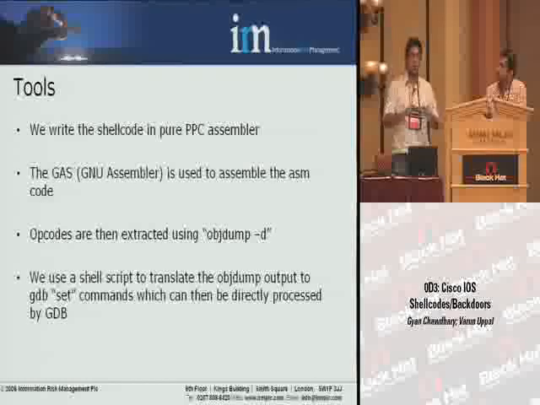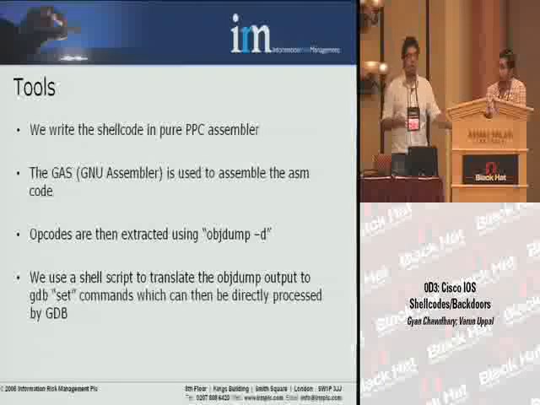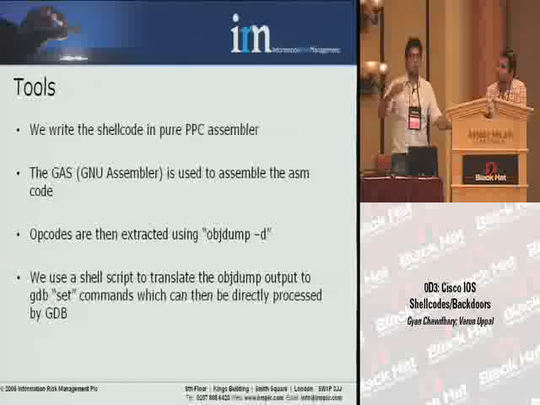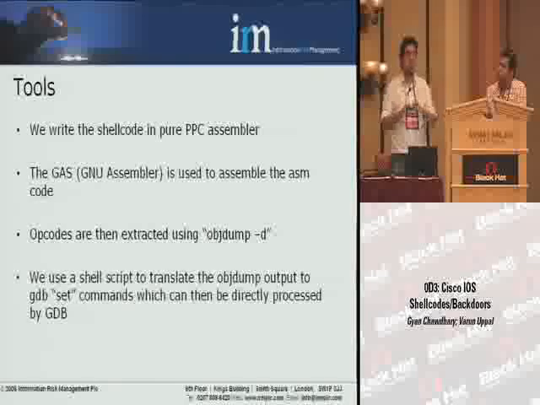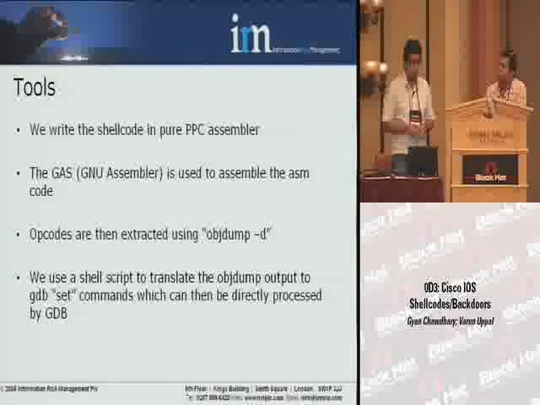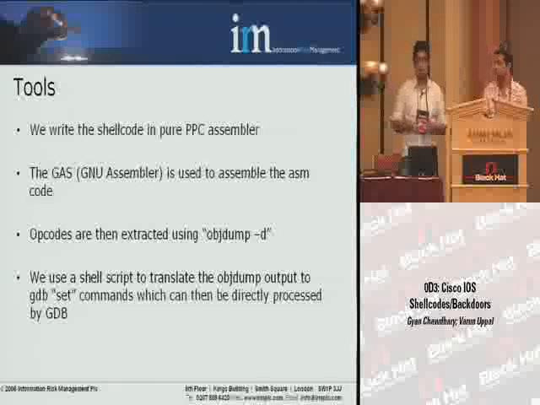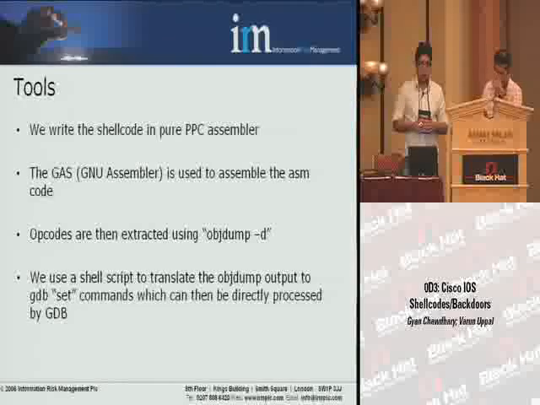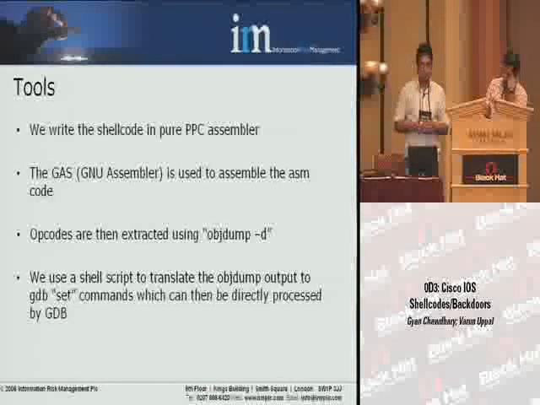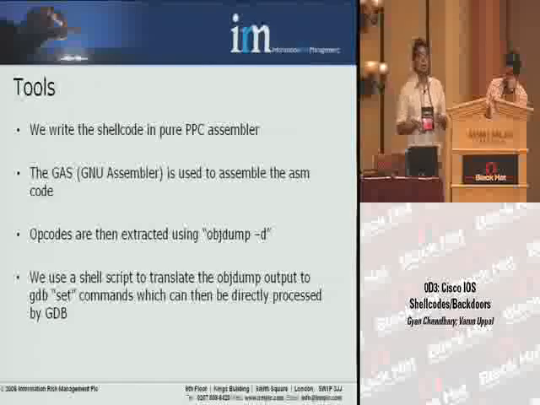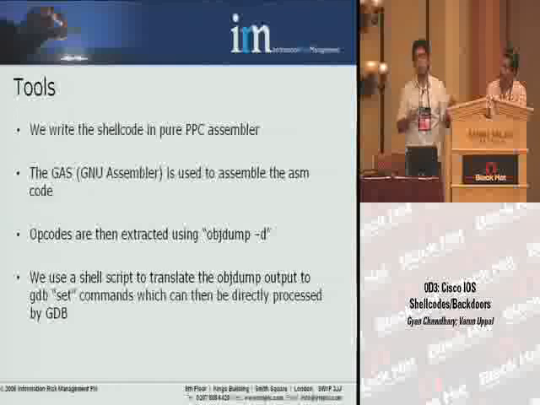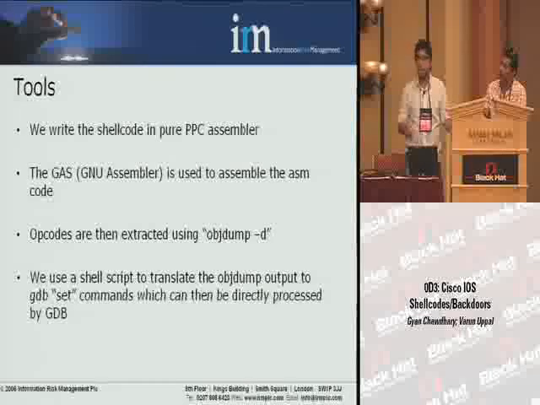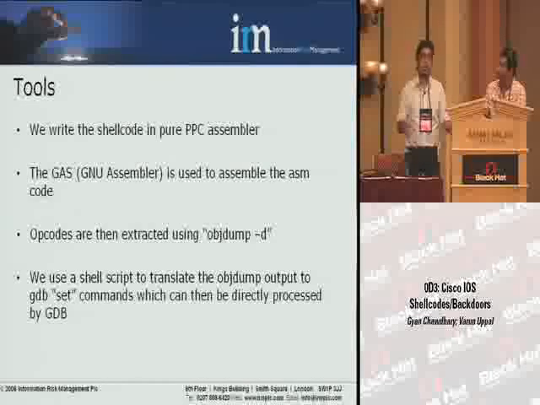So, set the address where you want to write your shellcode and the shellcode itself. Now, this has to be generated in multiple set commands so that once you attach to the debugger, you can directly set your shellcode in memory. To do that, we wrote a small shell script which will take this objdump output and convert it into a GDB file for you, which has all the set commands. So you just put that in the debugger, and you can directly write your shellcode in memory, in the runtime